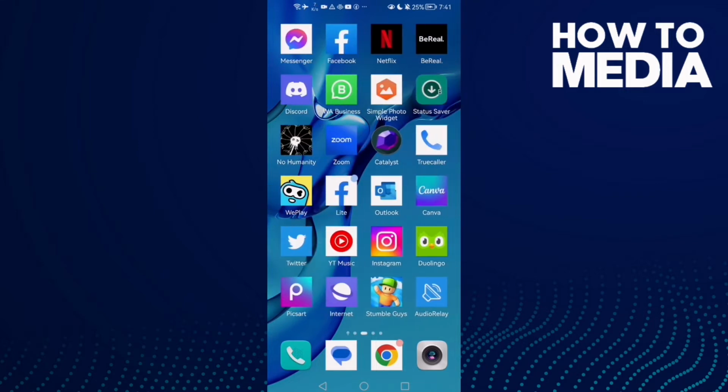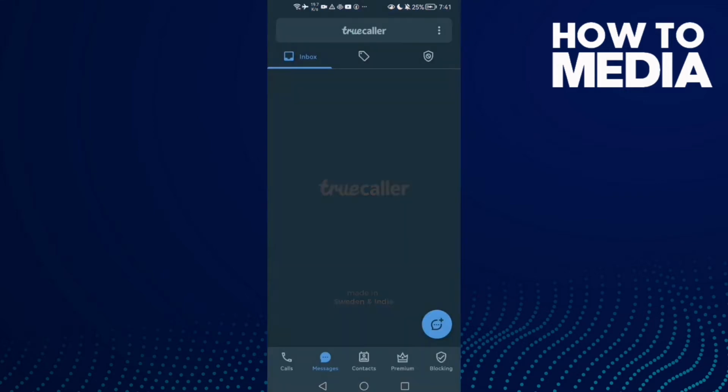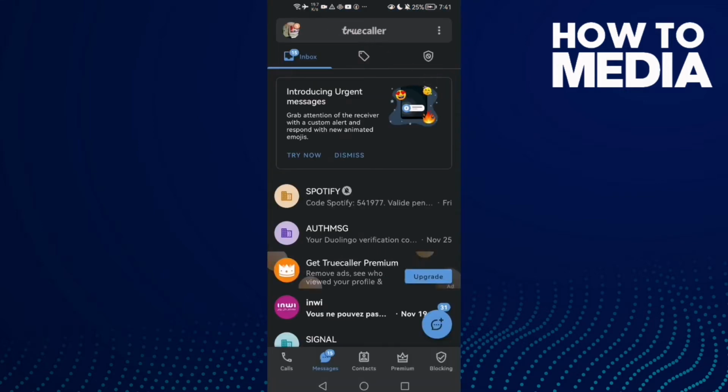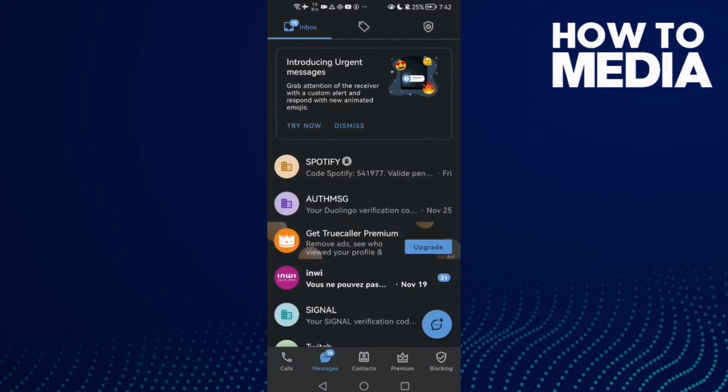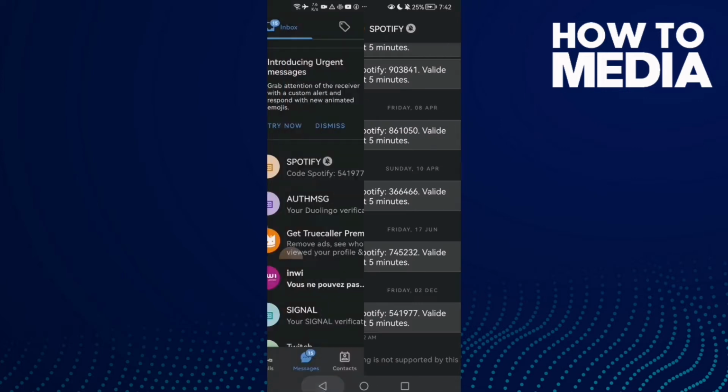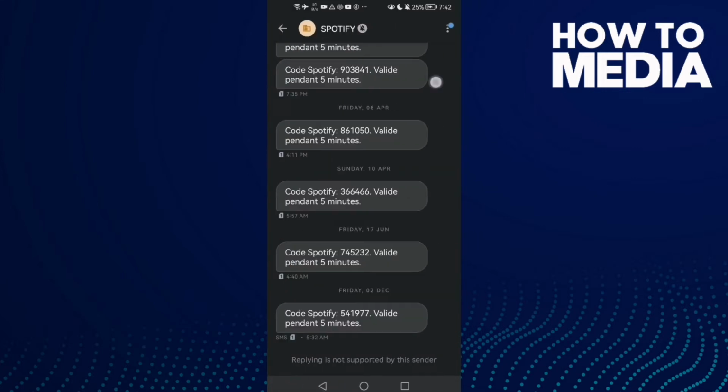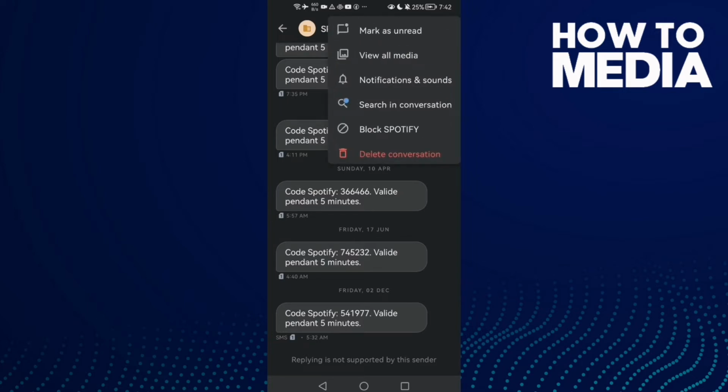First open Truecaller and now click Spotify here. Just click on any chat you want, like Spotify, and then click these 3 points in the top corner and on here. All you need to do just